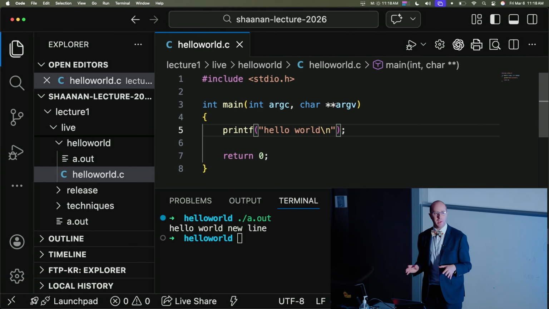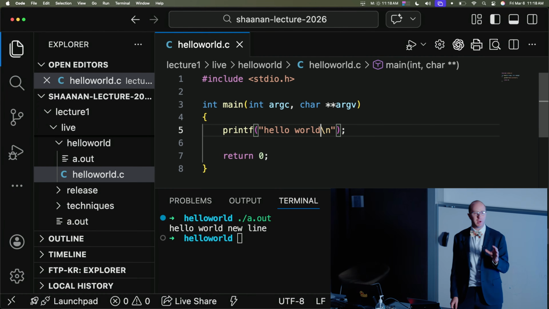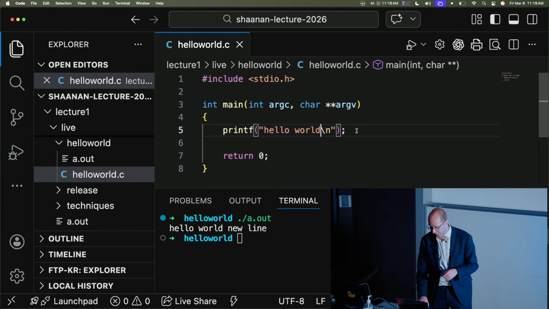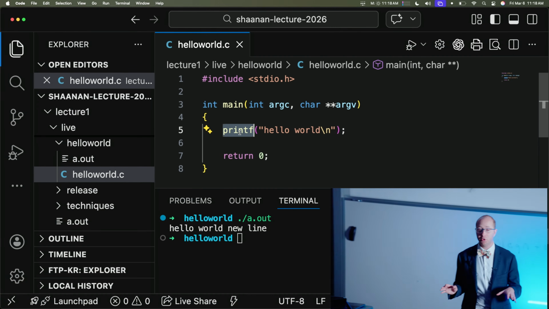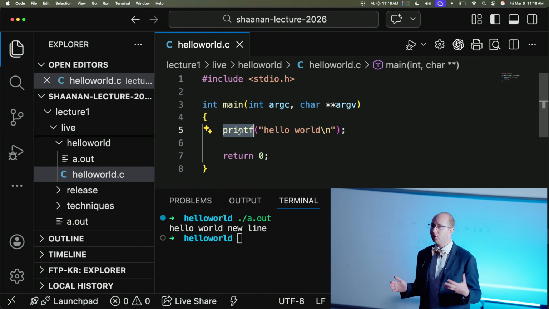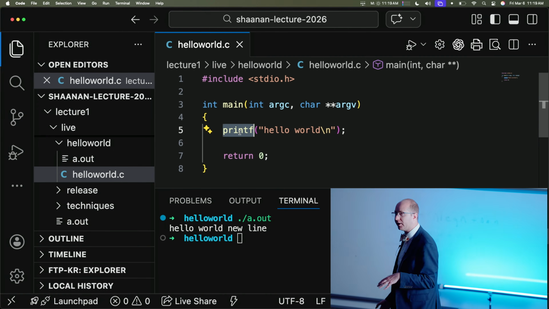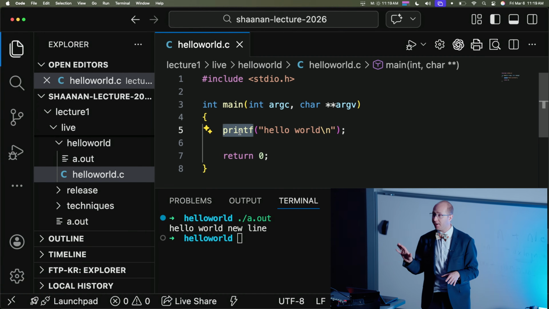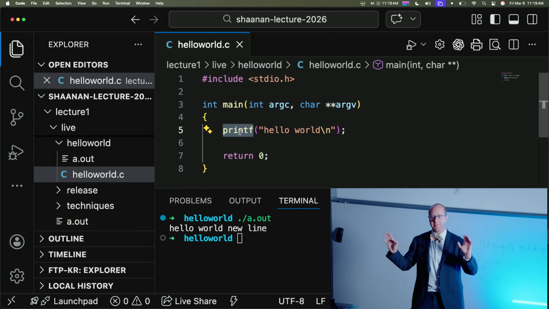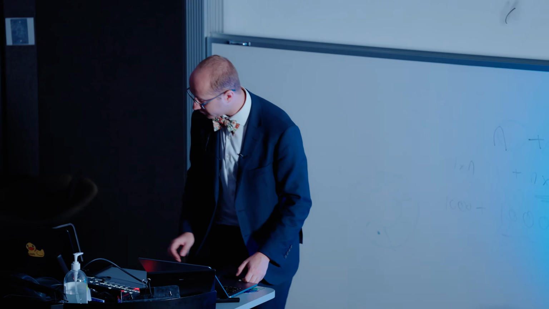Now, because all of you have some programming experience before, I'm not going to do a full detailed breakdown of all of these lines right now. But I will tell you that the printf function is going to be one of the key things that you'll need to use over the next few weeks, learning how to produce output from your program, and then pretty soon we're going to learn how to take input into your program. So printf and one of its partner functions, scanf, are going to be two of the functions that we'll start off learning how to do this.